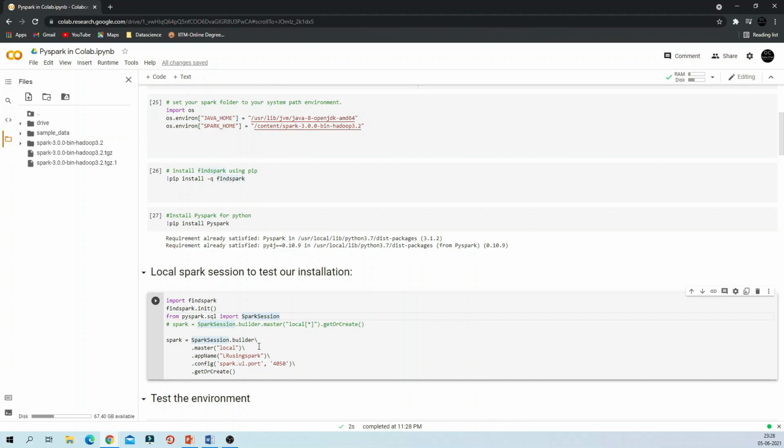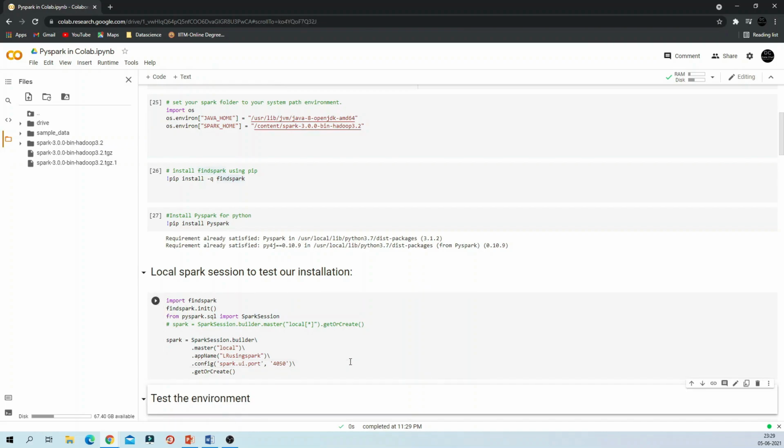Spark runs in three modes. Since it is a standalone machine, I have local mode. If you have a big data environment with Hadoop, you can run it in cluster mode or YARN mode. Then I can give the name of the app, and if I have additional configuration like setting up the port and other things.